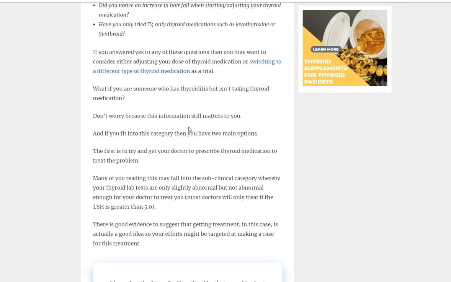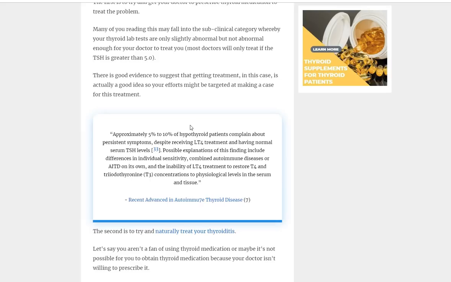Okay, but what about you? What about you people? What about those who have Hashimoto's but who are not taking thyroid medication at all. So this is an interesting topic because most doctors, when they see somebody with Hashimoto's, they typically try not to treat until the TSH reaches some level. And that's usually greater than 5, but there's some doctors who won't treat until a TSH is greater than 10,